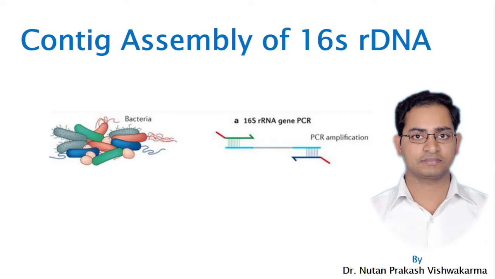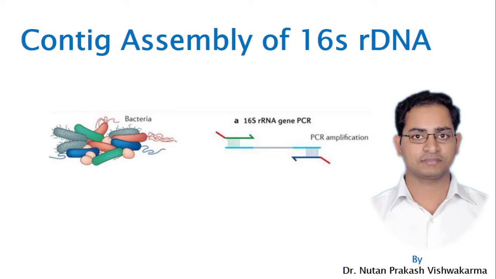Here we use one concept that is known as molecular chronometer. Molecular chronometer means those sequences which we use as a representative sequence for any particular domain. 16S rDNA is present in all the prokaryotes. The function of that 16S rDNA is also conserved. The length of the 16S rDNA is not too large nor too small. The length of the 16S rDNA is only 1.5 kb.